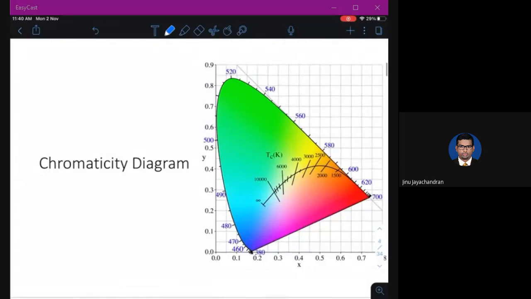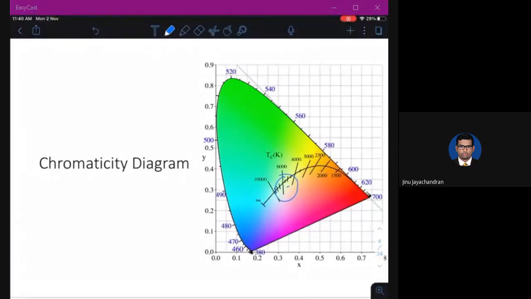This is called a chromaticity diagram, which I have taken from Wikipedia. If you see this diagram, you can see all the colors, and in the middle you have the white color. If the stimulation of your cones is such that it gives a point in this white region, then you will perceive that light as white light.